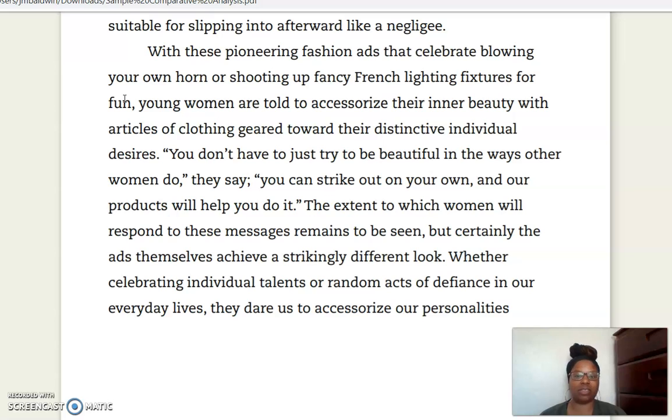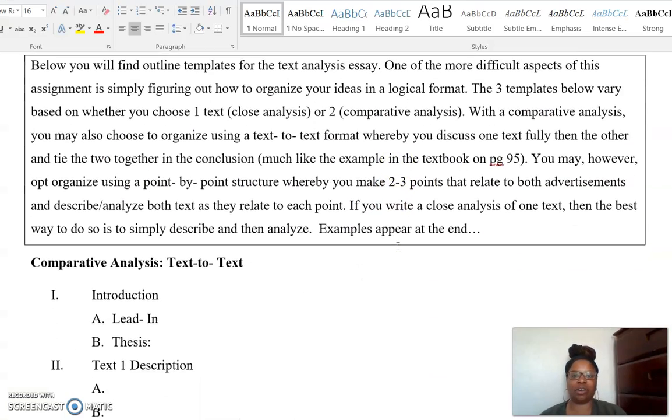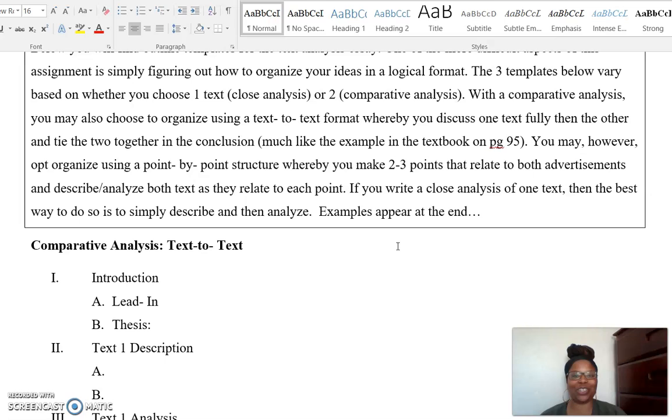Now, because I don't want this video to be terribly long, I don't want to read the entire thing to you, but please, please, please do read it so that you know what I'm talking about. The other thing I want to show you is this handout. If you haven't looked at it on Moodle, it's entitled Organizing an Analysis Essay. Literally, you can take what you're writing about, copy it and paste it into this,